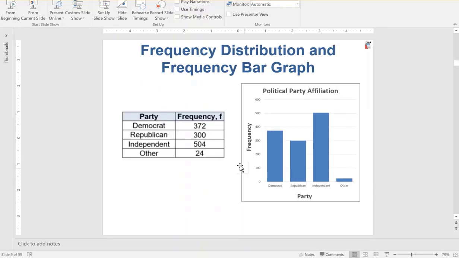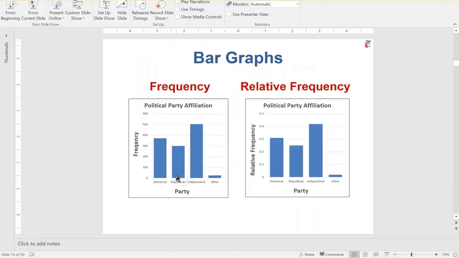So one more slide here. Again, a frequency distribution is a table that organizes your data, and then here's the matching bar graph, right? And then the second variation of that is the same data: this is a frequency distribution, and this is relative frequency. Notice just looking at the graphs, they both give you the same picture. It's just that here the heights are the frequencies, and over here the heights are the relative frequencies. All right, so that goes through all the definitions, but now we're going to work through an example on our